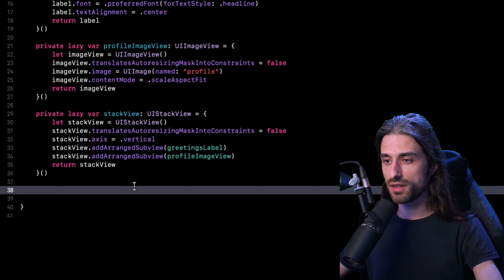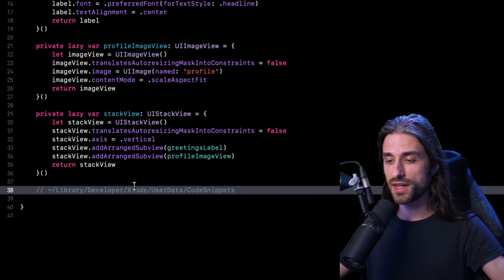What's even better is that it's actually very easy to share a custom code snippet with other developers. Because every time we create a new custom code snippet, Xcode is going to save it in a new file in this directory. So you basically just have to go in this directory, copy the file to the repo of your project, and then other developers just have to install this file, and they will also be able to use your custom code snippet in their Xcode. You could actually make that process even more seamless by writing a script that would automatically save and install the custom code snippets.